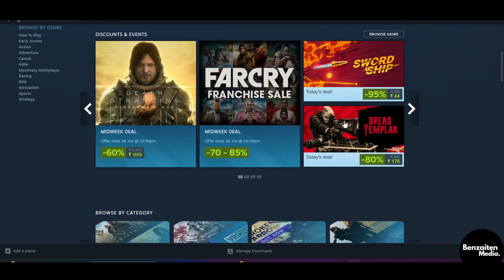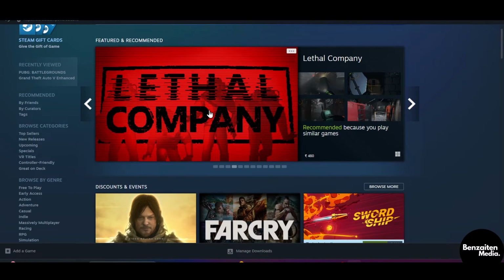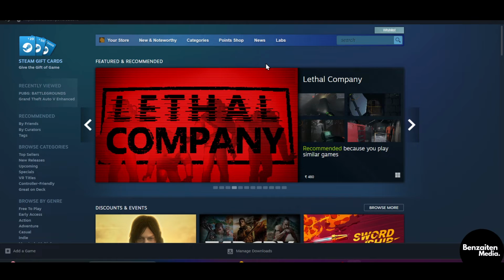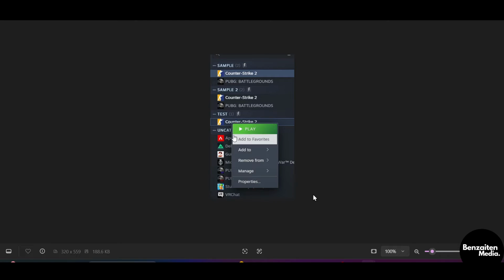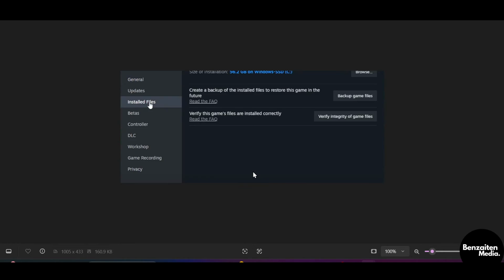Now, after installing the Steam application, this is what the dashboard will look like of the Steam application. From here, head over to the library and then click on downloads. Now, after coming to the download section, you will see all the games that you have downloaded. After that, click on the properties or the manage option. For easy backup, you need to click on the manage option,